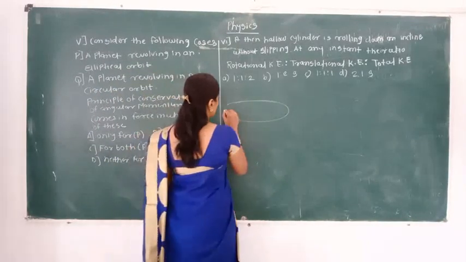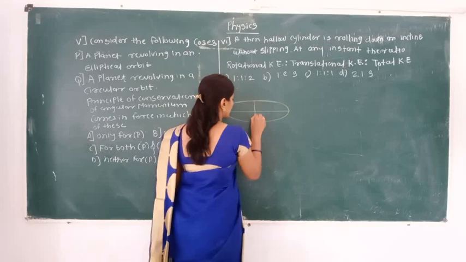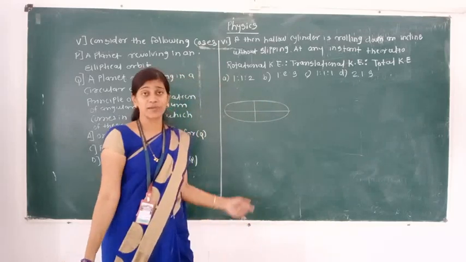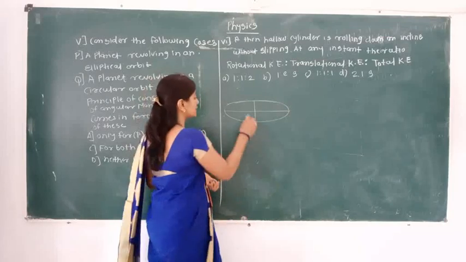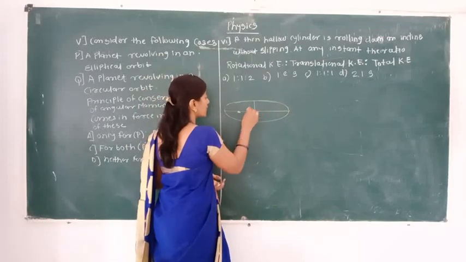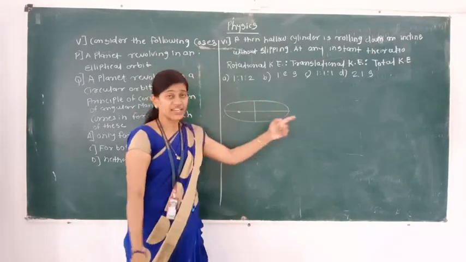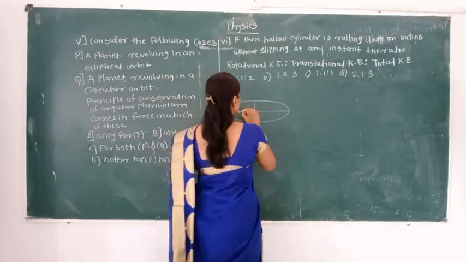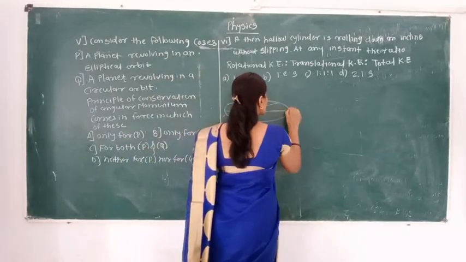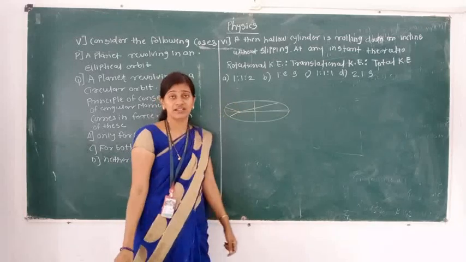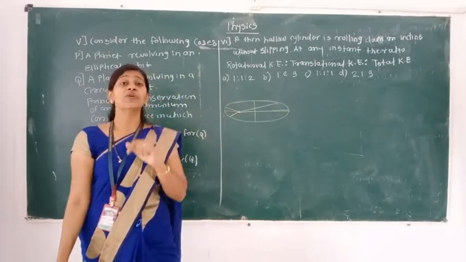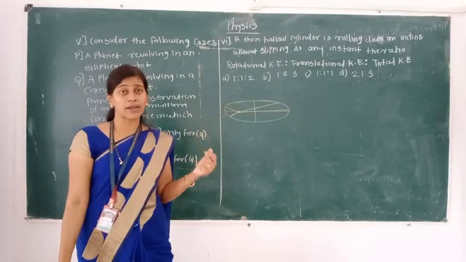In that we learned last year, in 11th we learned Kepler's laws. In that, the first law was that all the planets are revolving around the sun. Second one is there, here 2 foci are present. It is a minor axis, it is a major axis. See there, the equal area swept by position vector or radius vector is equal in equal intervals of time. It is Kepler's second law.